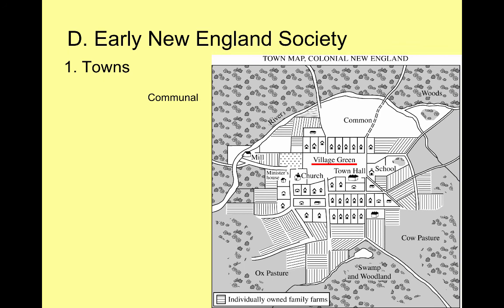The South is all about hierarchy. We have the plantation elite on top, and we have all the poor white farmers underneath, and of course then we have the slaves underneath them, so very hierarchical. But here in New England, we're all together, trying to work together for the glory of God, living together, praying together, and so we see that it's very communal.